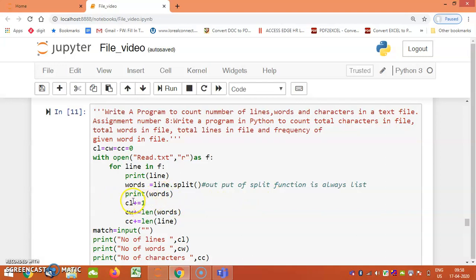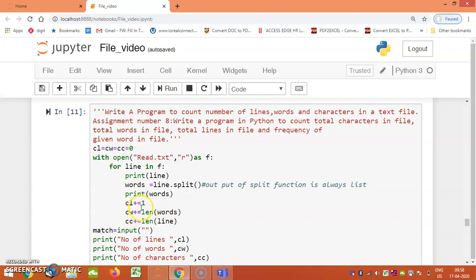Once this is done, then what? Increment the line count, then increment the word count. How will we increment them? We will calculate the length of the line and the length of the words. The length of the line is nothing but the number of characters, and the length of words is nothing but the number of words, that is the cw count.